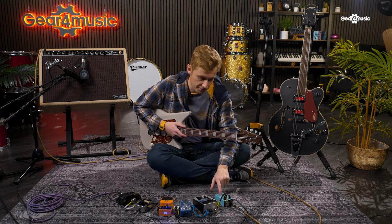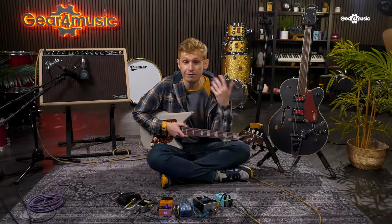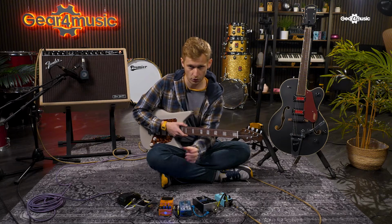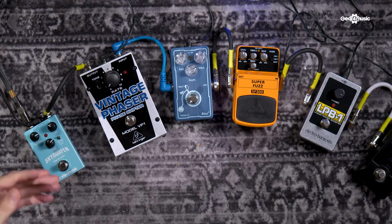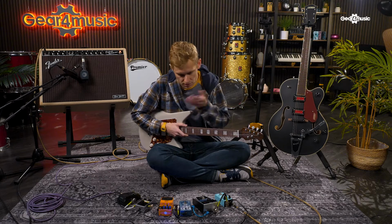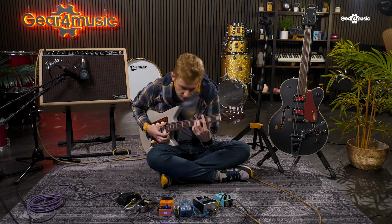Now, it comes with 3 modes. You've got spring, plate, and hall, all offer slightly different reverberation. And then it's the classic 3-knob reverb tone and mix that let you dial in of those 3 voices exactly what you are looking for. And this is another pedal that just instantly adds a bit of depth to your tone. It fills out a mix. It gives you the kind of trails, and it sounds brilliant and just thickens slightly what's there. So